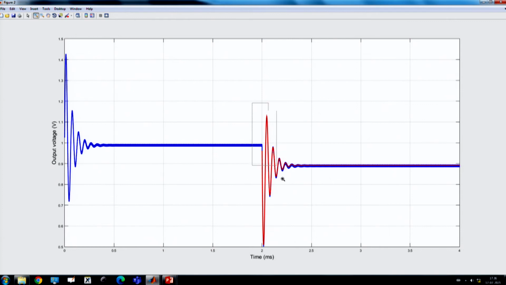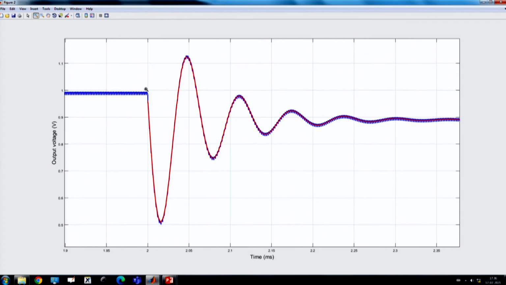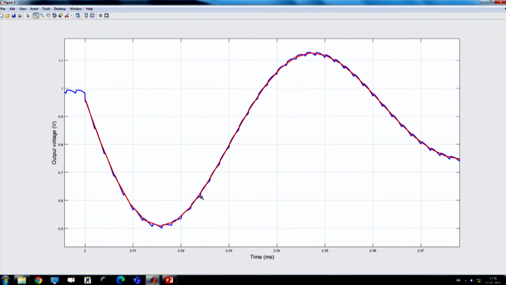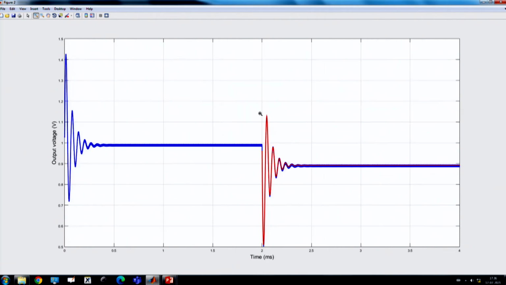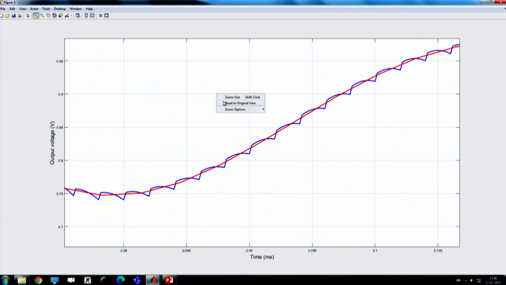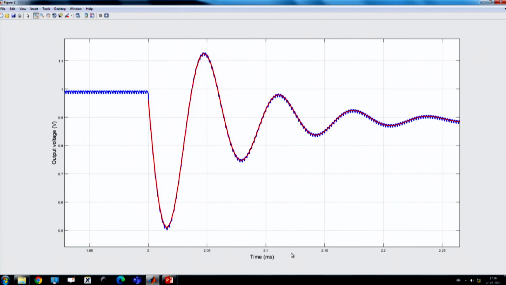And if you check the transient response, that means the load transient response for an open loop converter, you see that our AC small signal model is perfectly capturing the actual switch simulation. All these models are perfectly captured. That means for load transient response, our model is perfect.